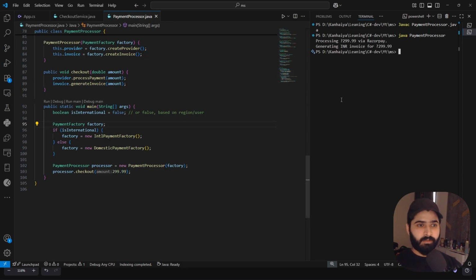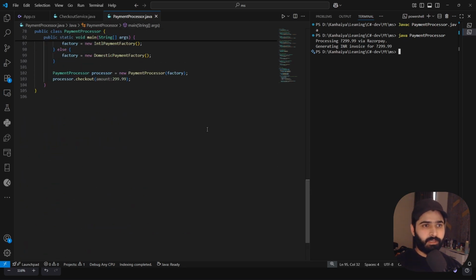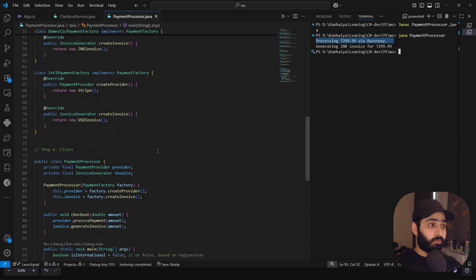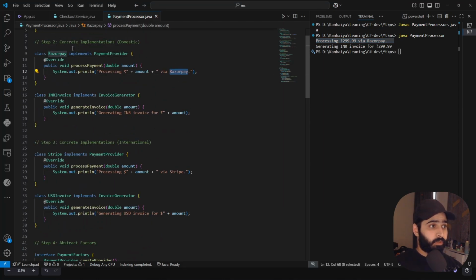As you can see, it is processing, and I used the Indian currency here, but it's okay. We use Razorpay as we defined for domestic, and the INR invoice generator is generating the INR invoice.